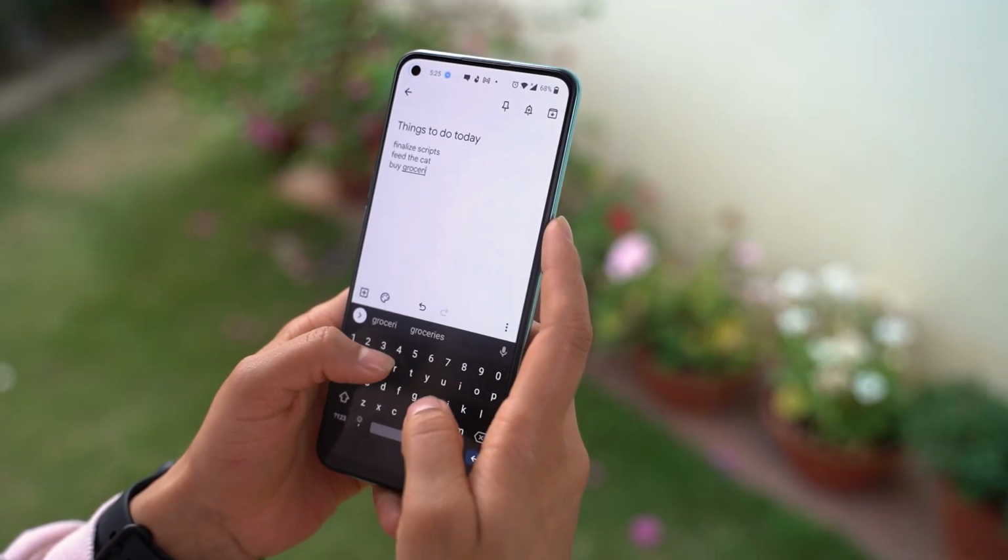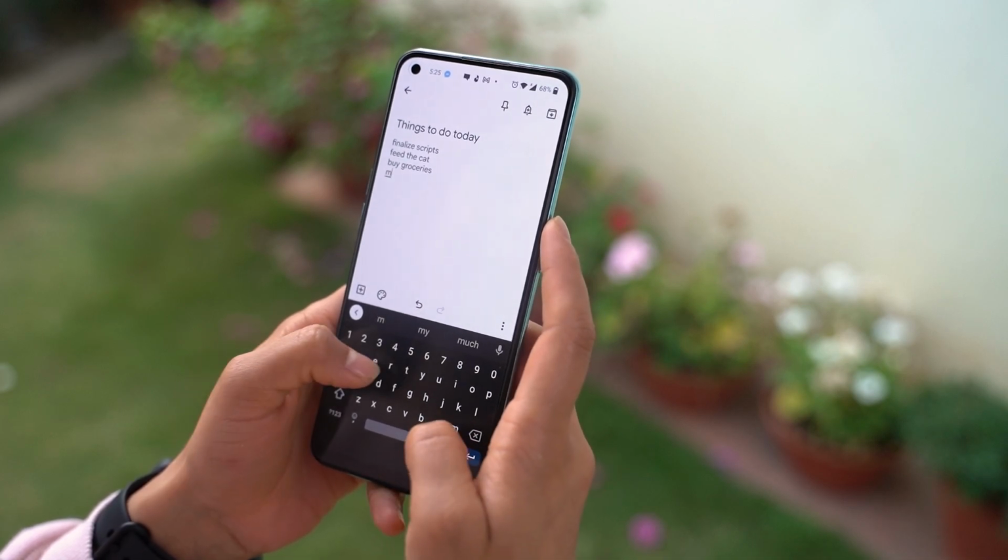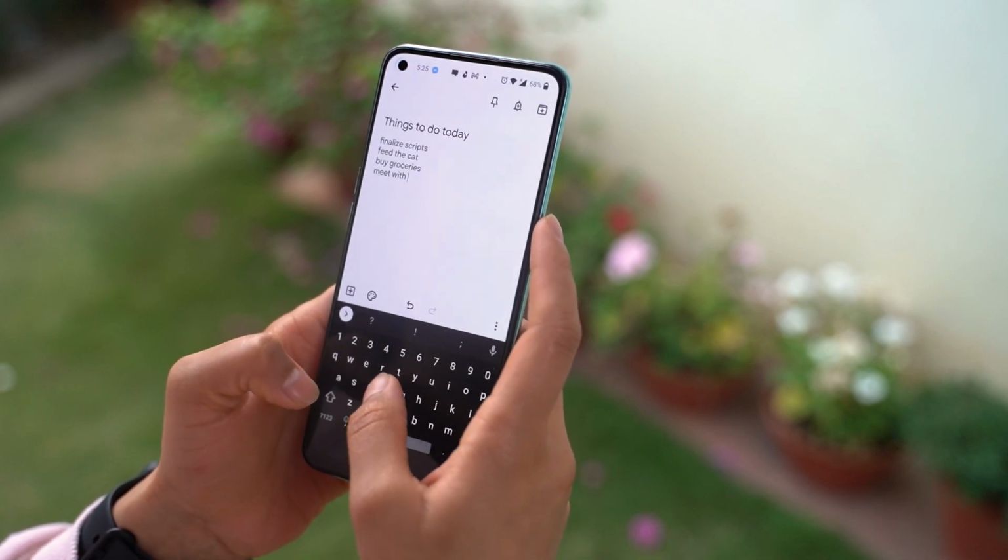As for haptics, I am not satisfied with its motor performance too. The keystrokes here are accompanied by a nasty feeling buzz. To compare, the Realme 9 Pro Plus offers a crisp and precise haptic feedback similar to what we see on